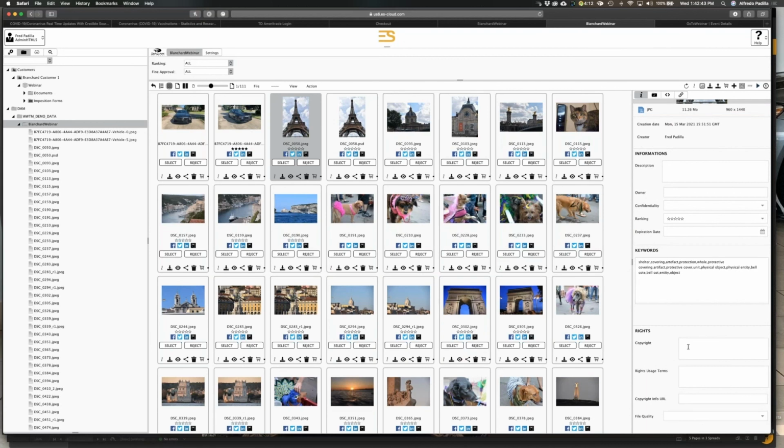You'll actually notice some copyright, rights usage terms, copyright and URL. So they do have job tickets and everything available for that. And I can actually put the copyright information in as I'm uploading. That's actually something